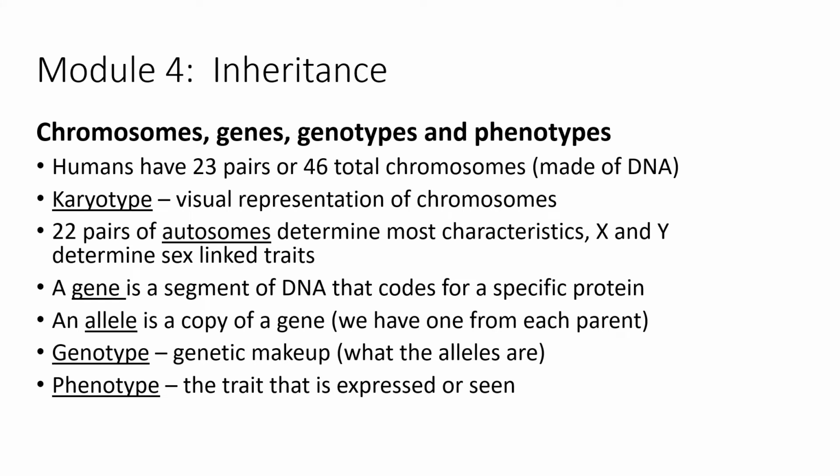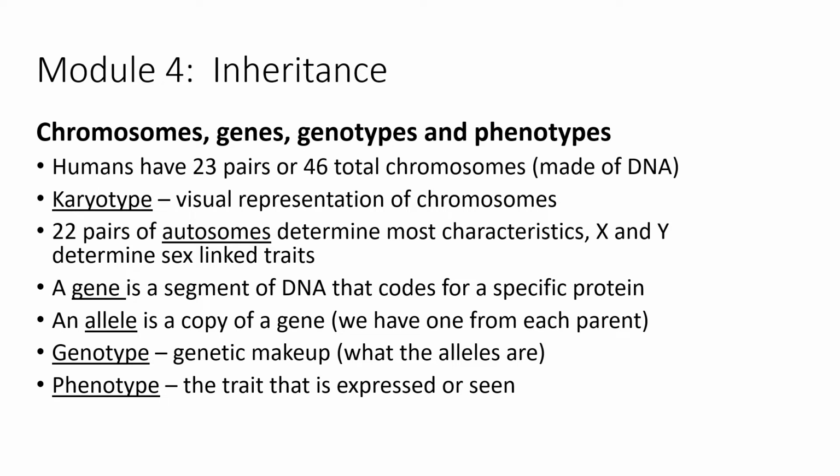Humans have 23 pairs or 46 total chromosomes. Chromosomes are made of DNA, deoxyribonucleic acid. A karyotype is just a picture of the chromosomes, and they're arranged in order in pairs from 1 to 22. Those are called the autosomes, 22 pairs of autosomes, and they code for physical characteristics like eye color, hair color, whether you have dimples or don't have dimples. And then you have the 23rd pair, which is either going to be XX or XY, and those are going